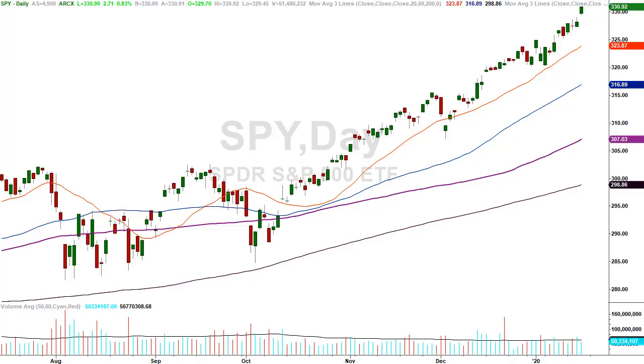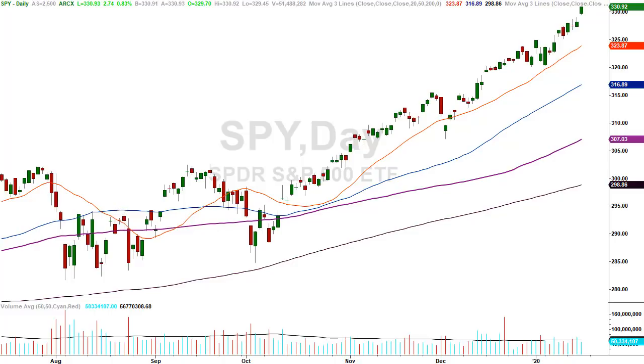So first, the thesis is the market would trade to, not necessarily up to, but trade to the third week or the week of January 20th. It's the third full trading week of the month of January of the new year. So it would trade to January 20th, at which point it would make a turn. So we're not there yet, so I'm not here to say it's right or wrong. That's the thesis. Now, what happens if it's wrong?